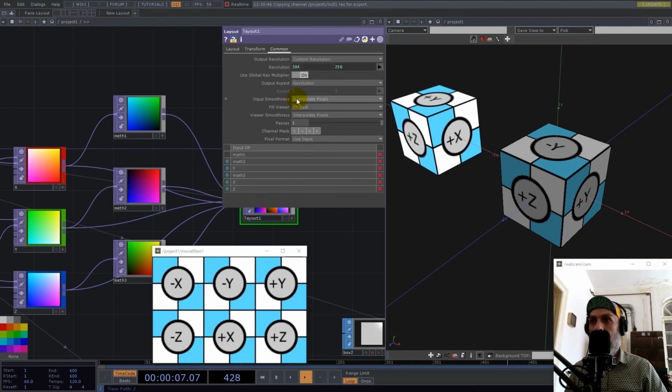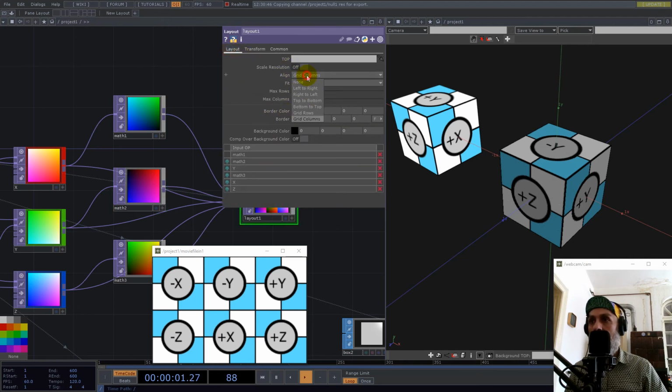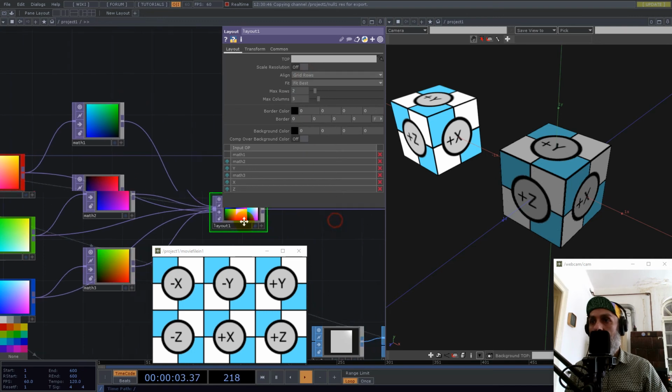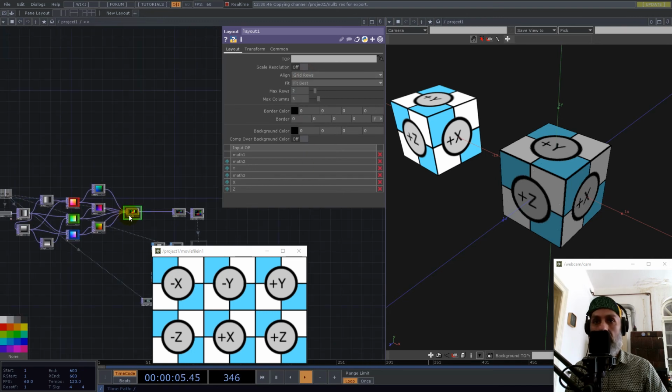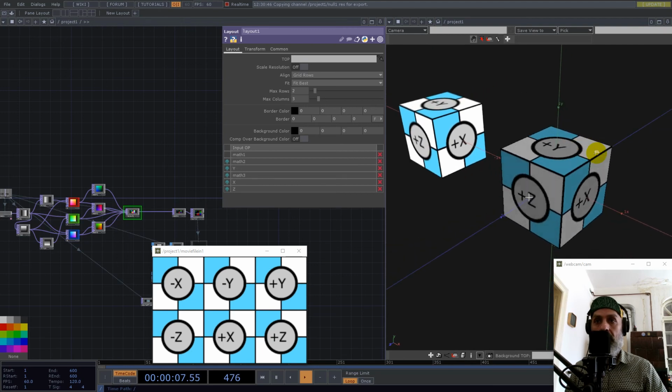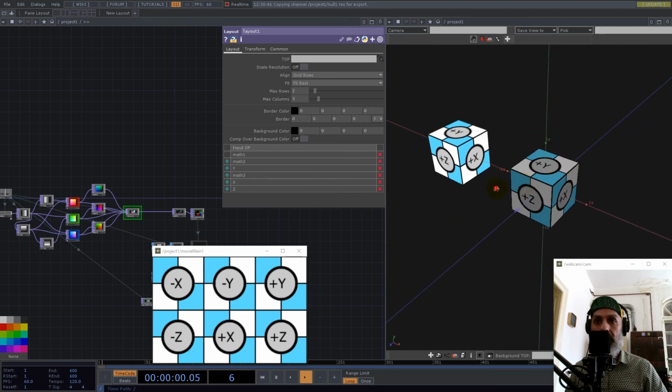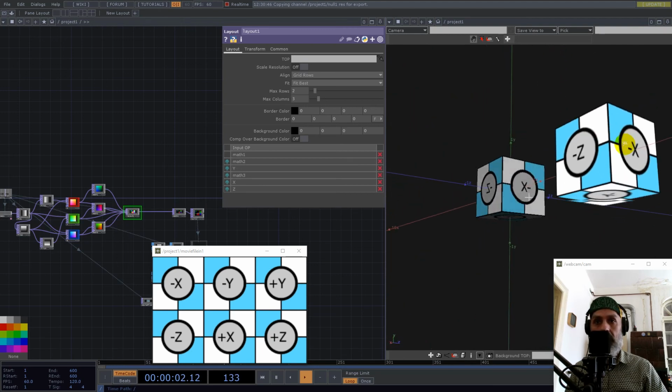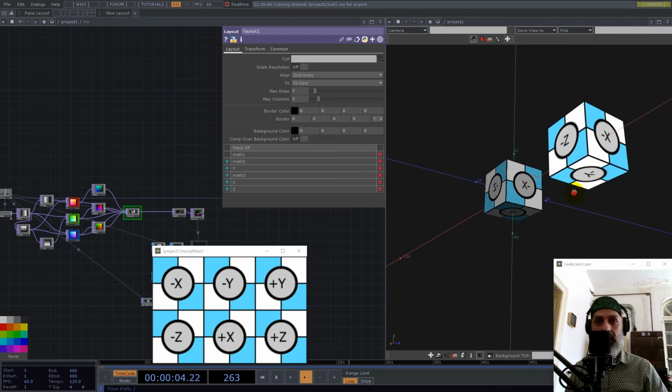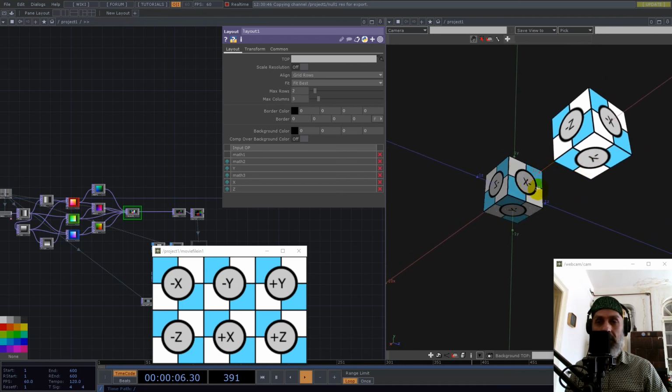Oh, okay, so here in the layout we need grid rows. Yeah, okay, and now we're good here, and if we see the other side, you notice we need a